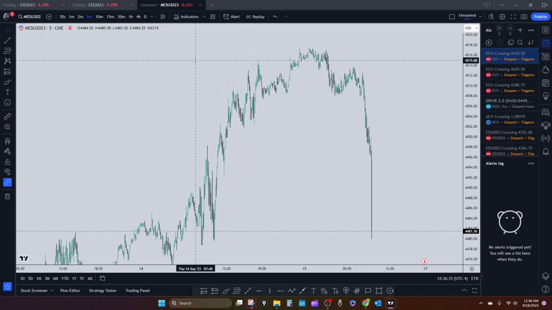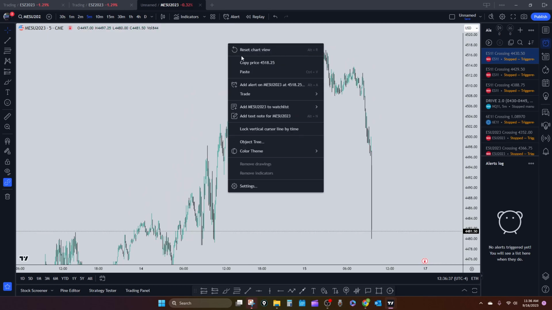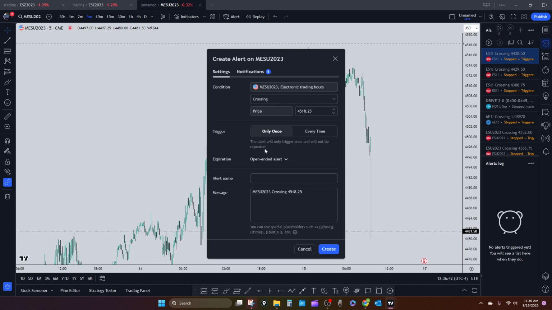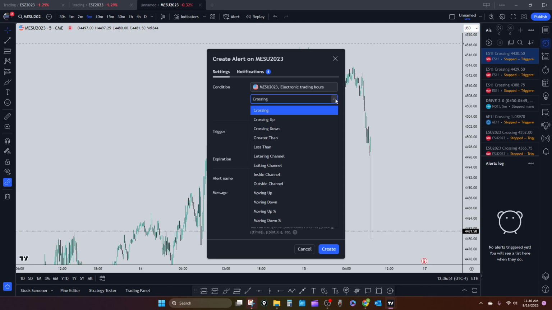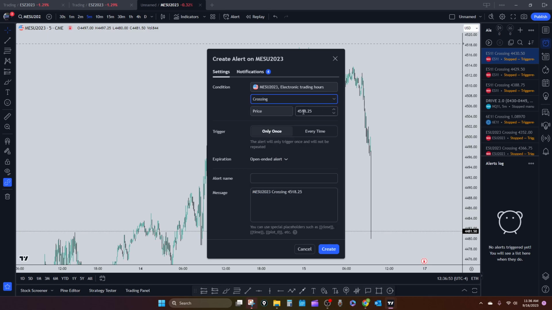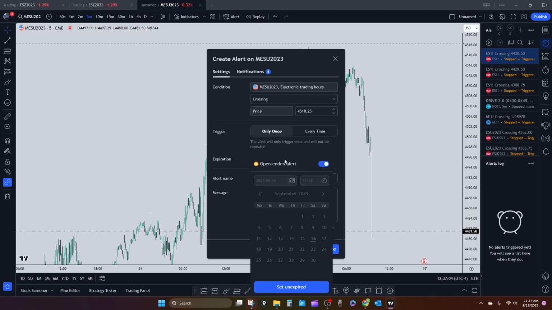Yeah, if you want to know yesterday's high or something, you can go up here and do an alert, and it'll say add alert, and then it'll ask you for some information here. Do you want it only once? Do you want it if it's crossing up, crossing down, just crossing in general? Put the price point and a name, test. You don't even need to put an alert name in there, I don't think. Leave it open-ended alert